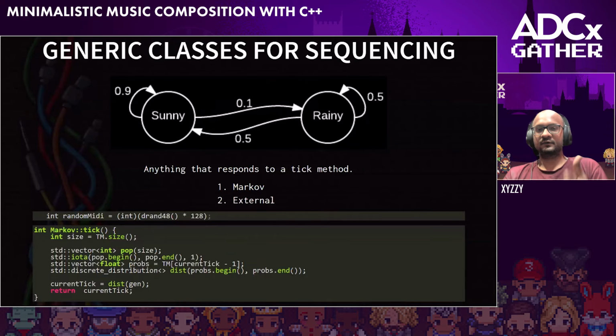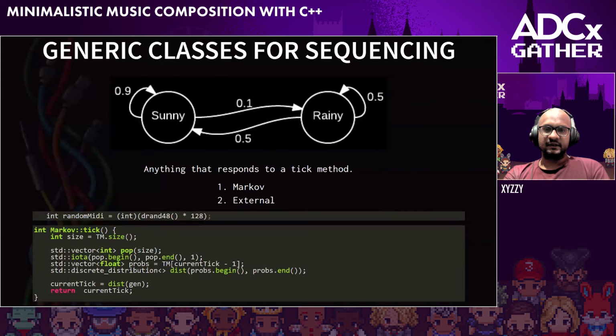If you're going a bit further, you can use a Markov chain. You can think of a Markov chain like a miniature neural network. Here you have more control because you can control all the weights, and because of this, it is much more easily malleable. The weights are very visible, and it's just an array of arrays. You can use the standard C++ library, standard vector and standard discrete distribution, to design a simple Markov chain.